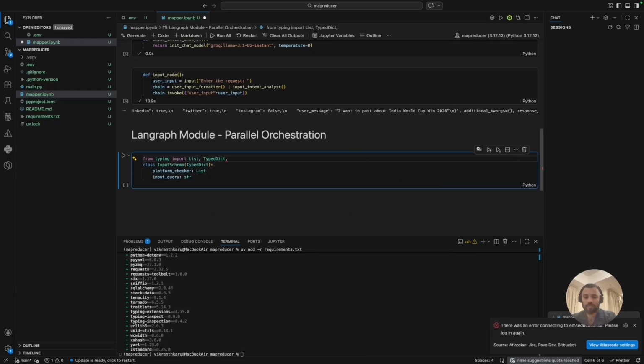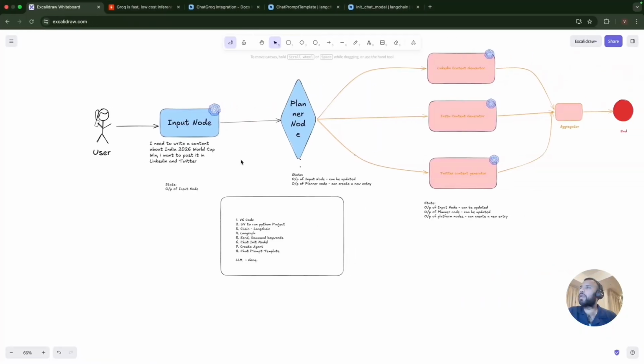Okay. And we'll also import annotate. Okay. So why do we use annotated? Why do we use annotated? Okay. Now, here I said